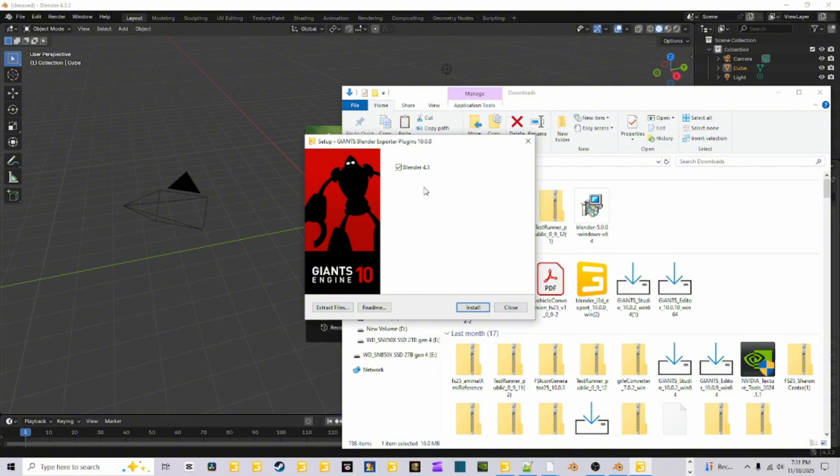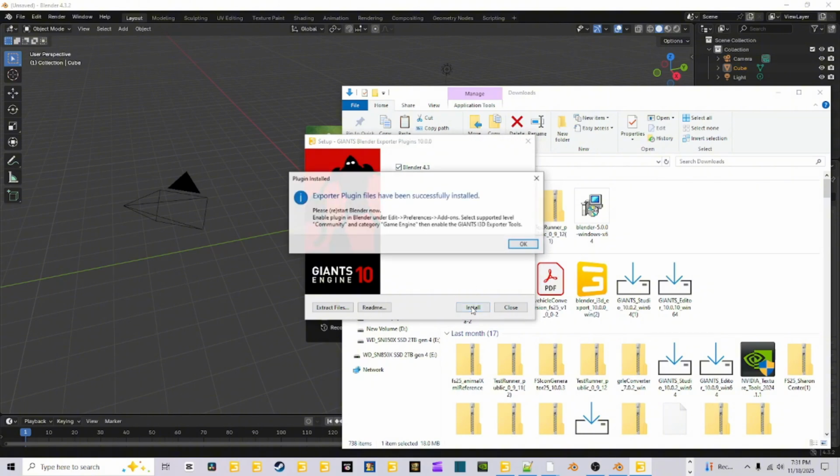But I didn't really want to do that, so we're going to try and hope that 4.3 now has what I needed in it for Blender, and it will work for your exporter. So we're going to hit install now. It says the exporter plugin files have successfully installed, and please restart Blender now. Enable the plugin in Blender. Of course, you know you've got to add it. Select supported level, community, and category game engine. Then enable the Giants